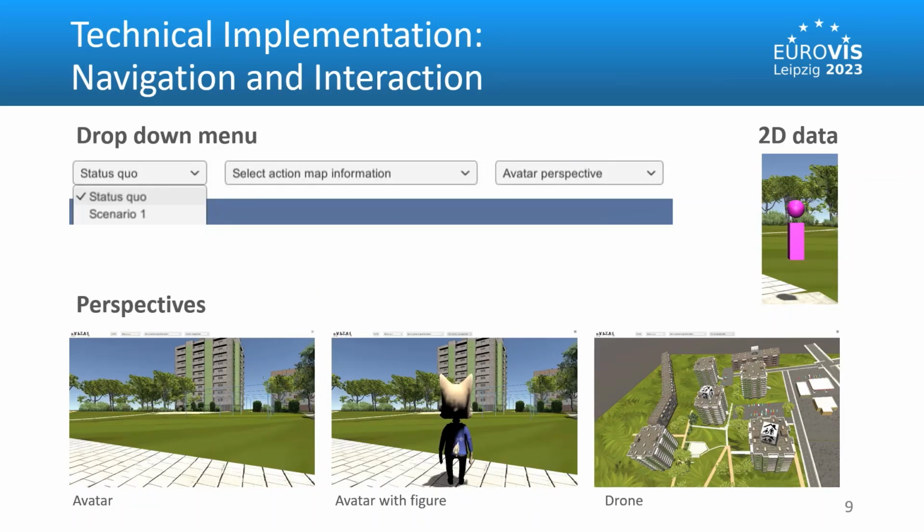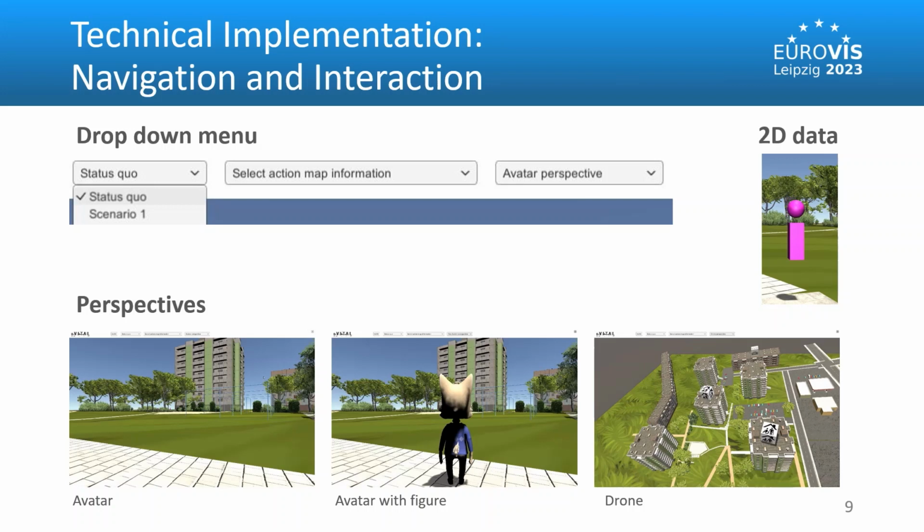In the application, a navigation bar gives the possibility to show and hide different datasets. So the complexity can be reduced by adapting the view according to different user groups and the question to be addressed. There are different drop-down menus, for example, one for selecting different scenarios. Another one is for showing the simulation results. There it is also possible to select individual time steps.